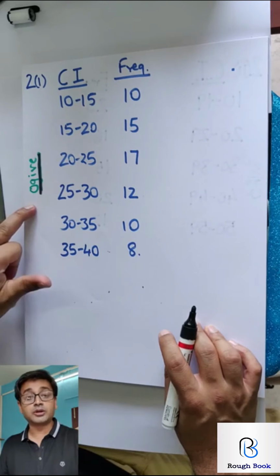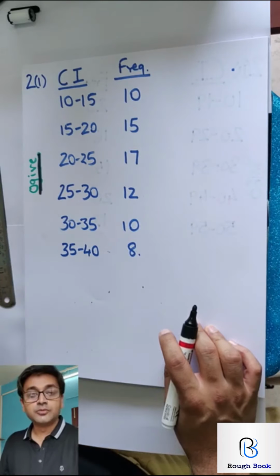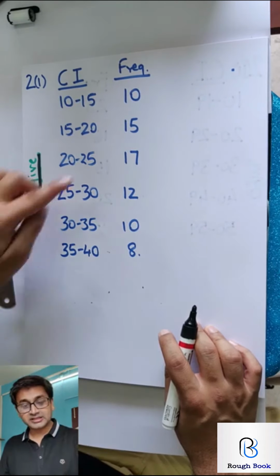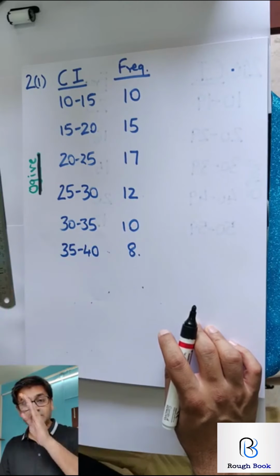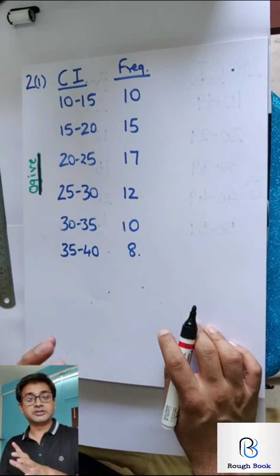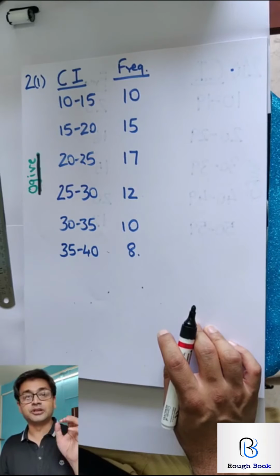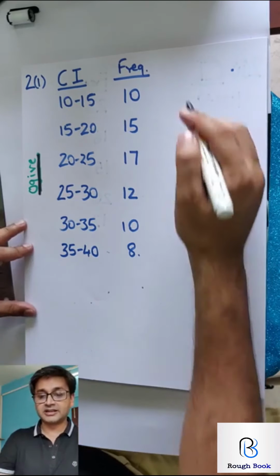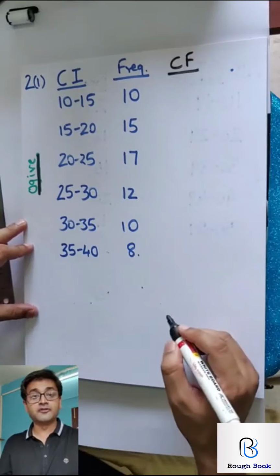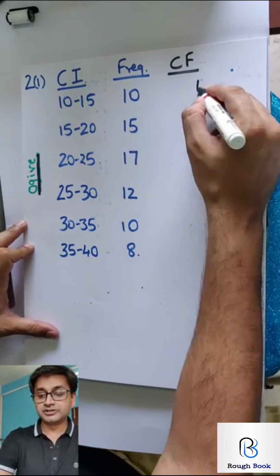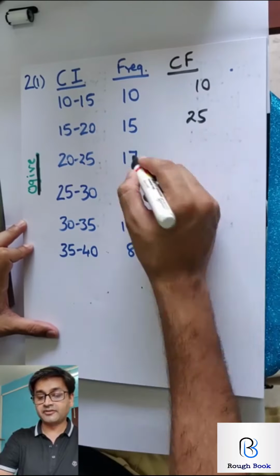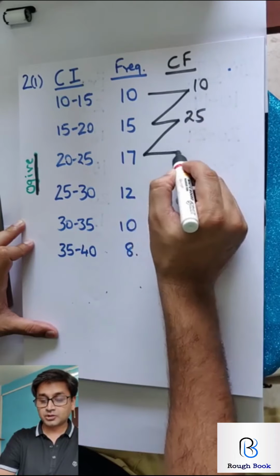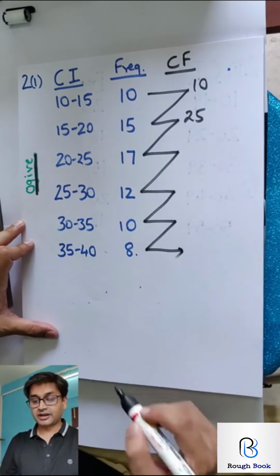So right now let's see what you mean by ogive. Ogive means cumulative frequency curve. Cumulative means the total, frequency means these values, and curve. So what is this cumulative frequency curve? For that, the first column you need is cumulative frequency. Please focus while we understand this. How to generate cumulative frequency? 10 plus 15, 25, 25 plus 17. Keep on adding the next one. You will identify a pattern like this, going till the end.